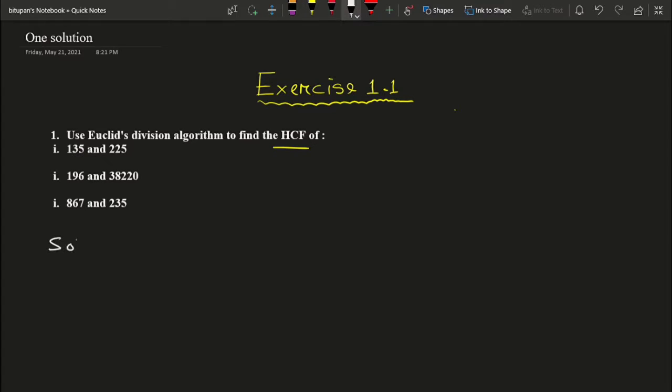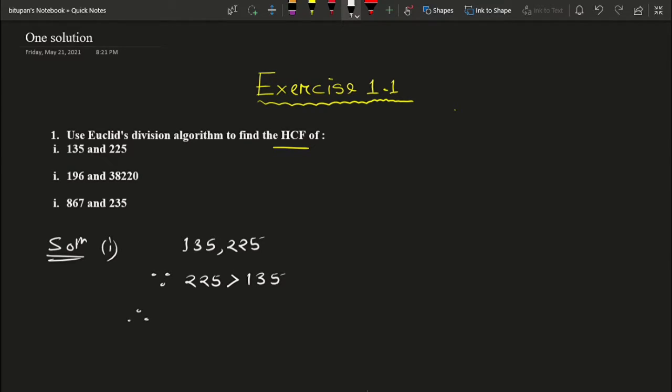Solution to problem 1. At first, between these two numbers, we have to compare and find out which one is greater than the other. As you can see, 225 is greater than 135. So we will write: since 225 is greater than 135,